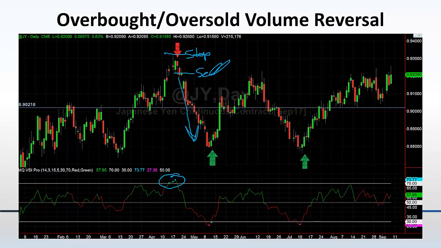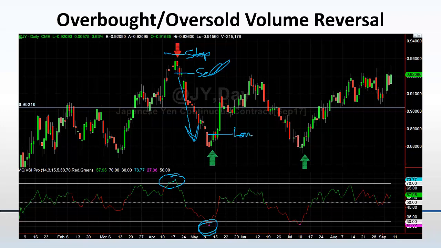All right, then what happens? We get extended to the downside. The dot right there tells us volume just dried up. So the whole time that market was selling off, it had a lot of strength behind it. Then it gets extended and it goes, oh, wait a second, guys, volume's dying on this market. What does that mean? It means watch for the turn to take place.